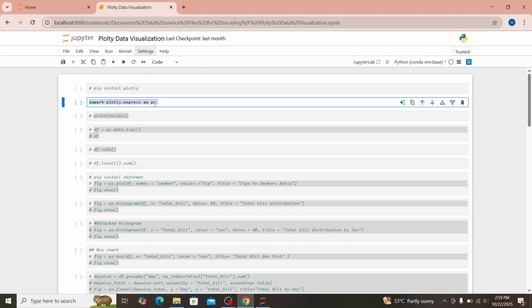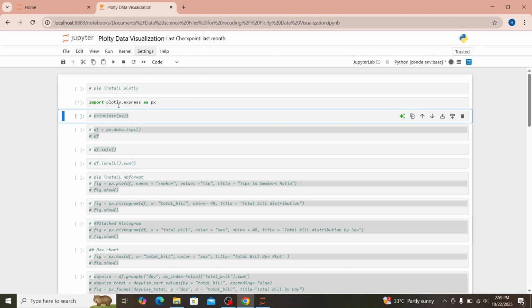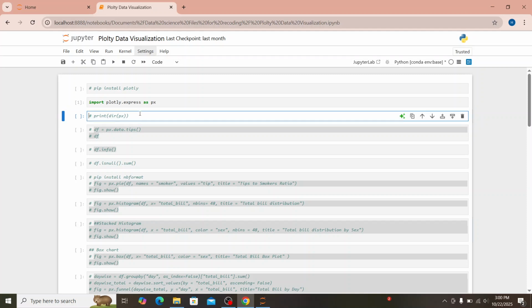Remember, this is the alias, px. Okay, when I do this, then I want to run, I'll use my Shift Enter. Okay, so I'll run this. You can see it's taking time. Now it's done installing. Now, the next thing I'm going to do is uncomment this